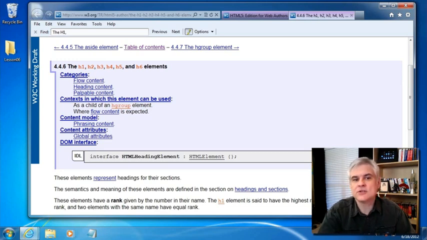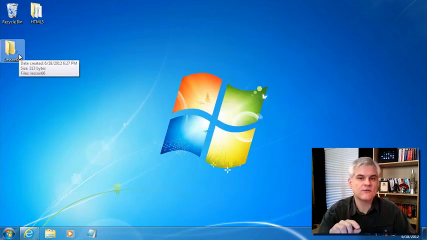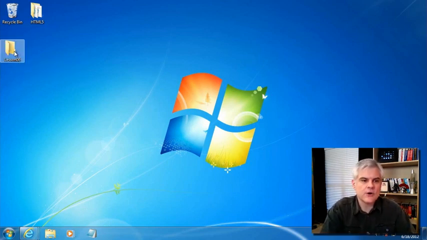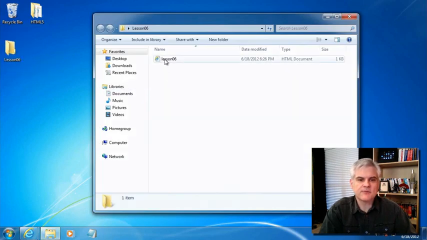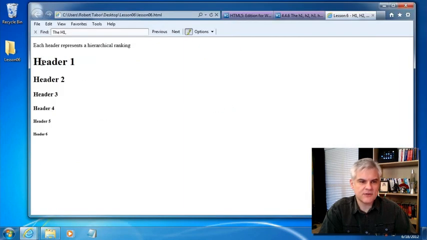So these are the ways that you describe the various sections that we're going to define using sectioning content elements in just a bit. So I created a really quick example of this. Make sure you download the code from wherever you are currently watching this video or wherever you originally downloaded this video. There should be a zip file that has a folder called lesson 06. If you open it up, there's just one file in it, and if you double click it, you can see an example of using an H1, H2, H3, H4, H5, and H6. We can look at the source for this file,